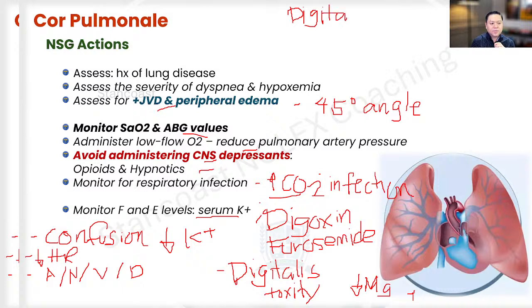So these are the common electrolyte imbalances that can occur or that can result to toxicity. One of those is decreased K level. Another is decreased magnesium. But the exact opposite here is that when there is increased calcium level,